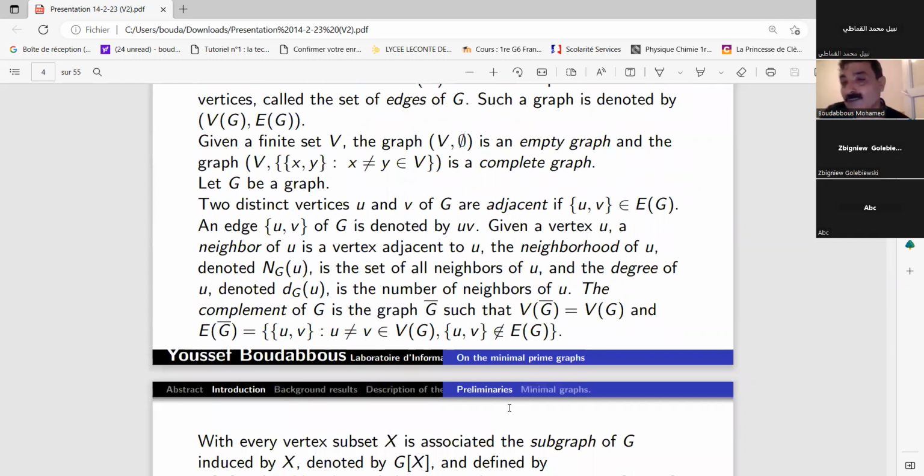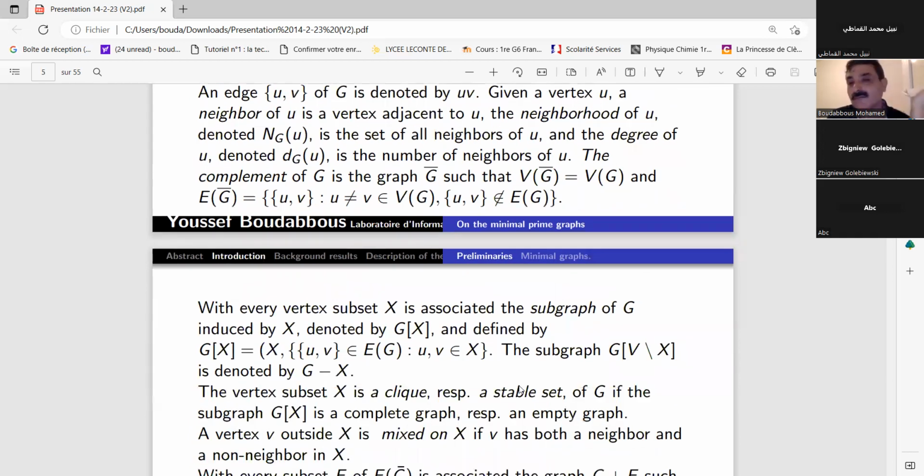The complement of a graph is the graph on the same vertex set obtained by reversing all edges. A pair is an edge in G bar if and only if it is not an edge in G. And the induced subgraph on a vertex subset X is the graph on X such that the edges are all the edges of G formed by two vertices in X. The subgraph induced by deleting a vertex subset X, that's G induced by V minus X, is simply denoted by